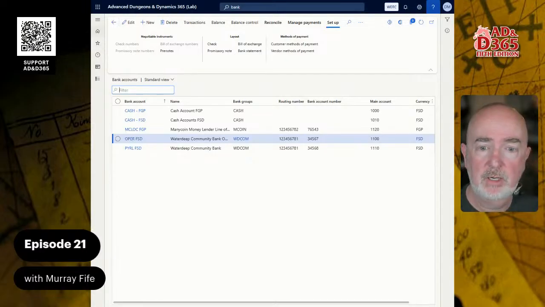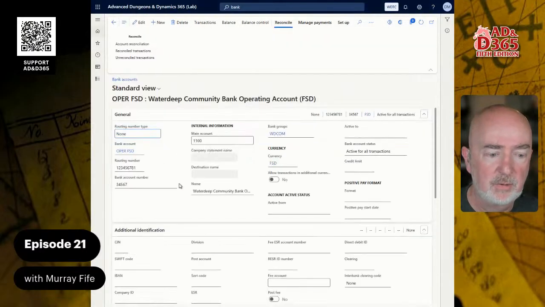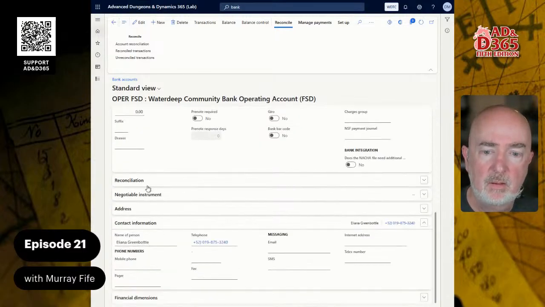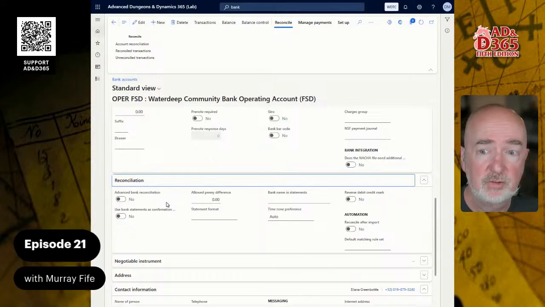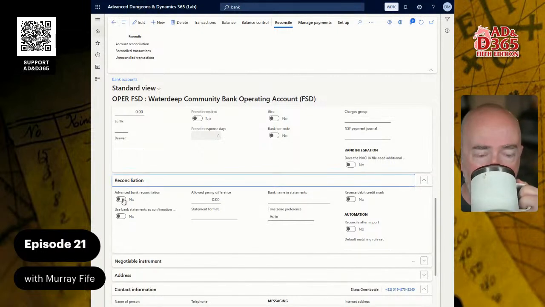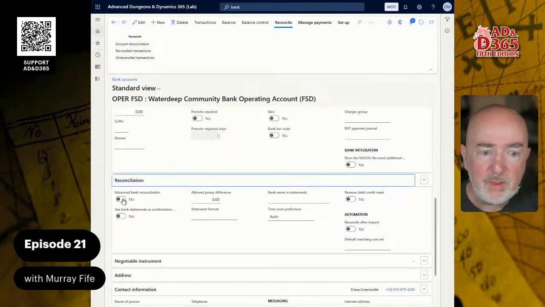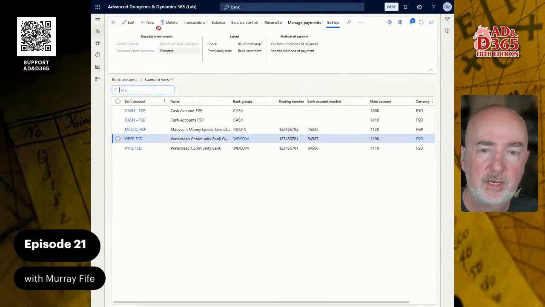So we're going to go into the operating account, and then if we go down to the reconciliation section, there's a flag here for the advanced bank reconciliation. So what we can do is edit this, and I'm going to do something here, and I'm going to go out